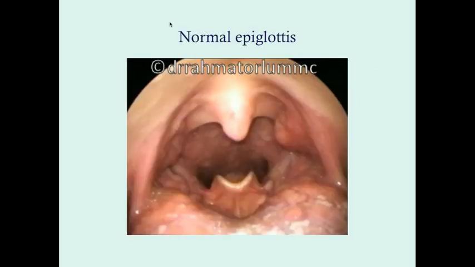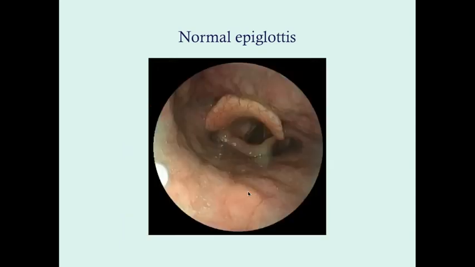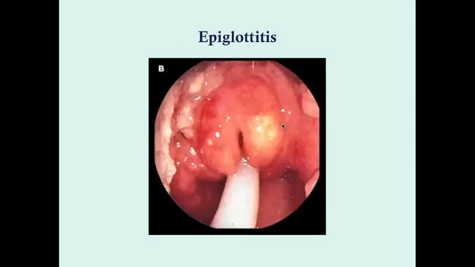So this is a normal epiglottis. We're looking down from the tongue here. This is your uvula, and here is your epiglottis. Okay, so now we're looking at the epiglottis downwards over the larynx. Again, it's normal. It's a little bit lighter than the surrounding tissues. You see some capillaries on it, but this is a nice looking epiglottis.